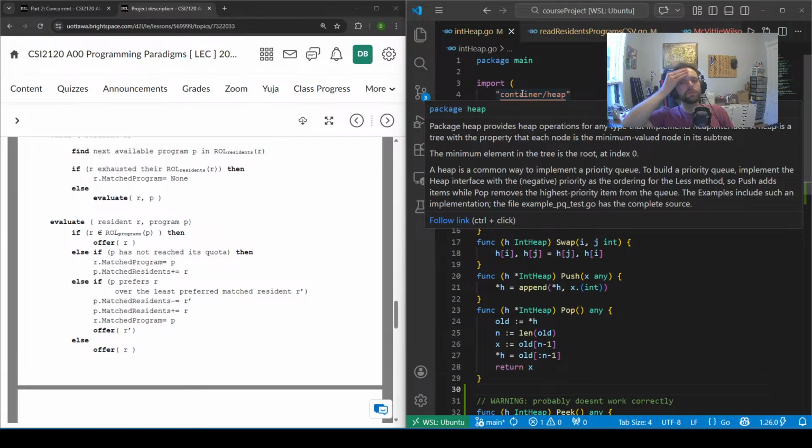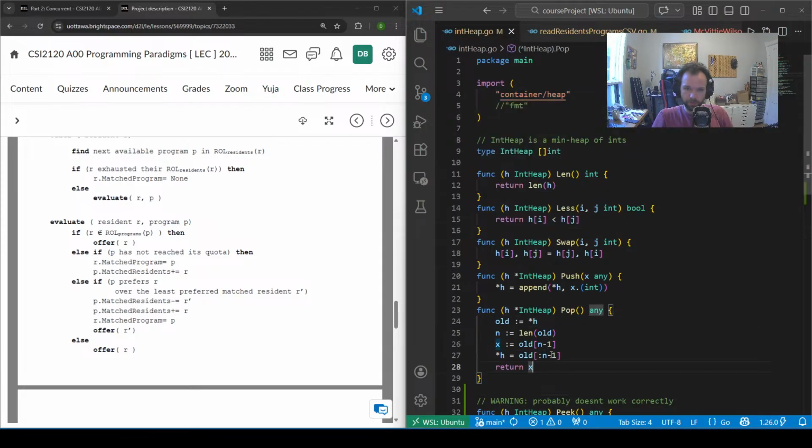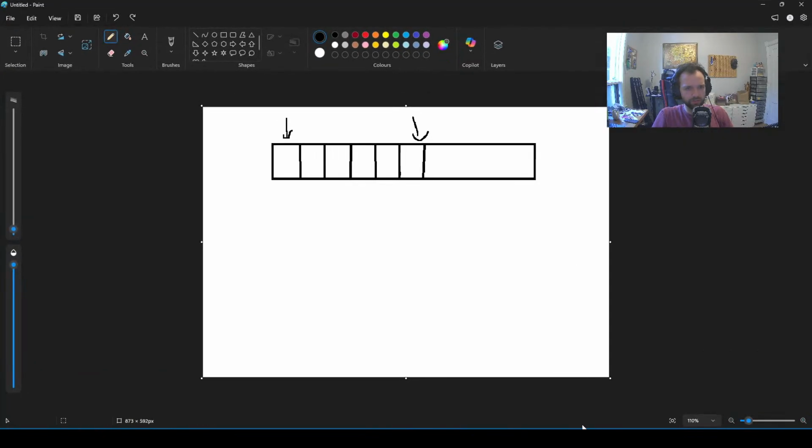Each node is the minimum valued node in its subtree. Okay. Minimum element in the tree is the root, index 0. Okay. But we're popping from the end? Yeah, from 0 to the last. Yeah, what this is saying